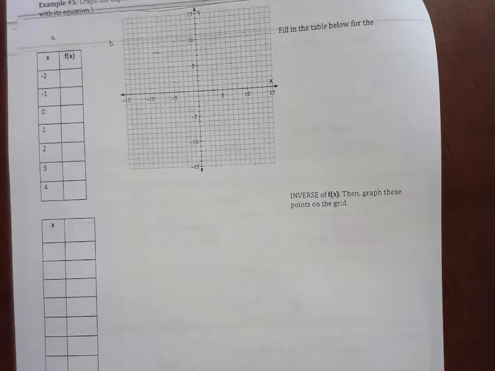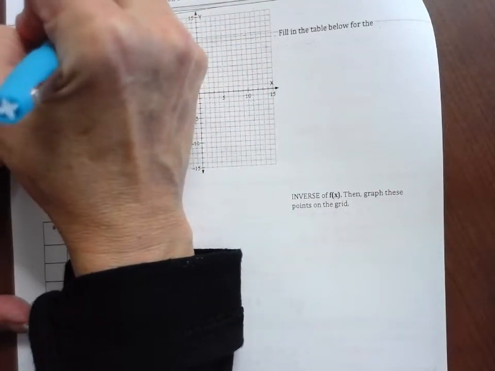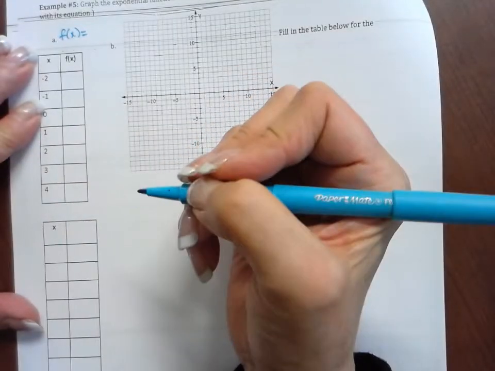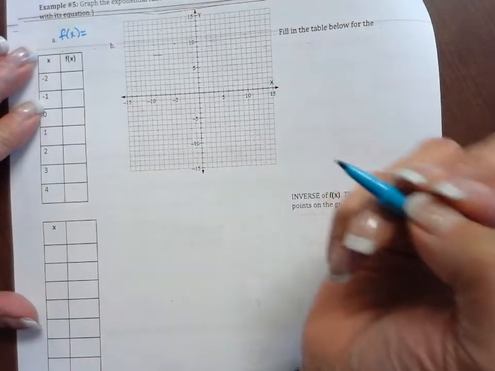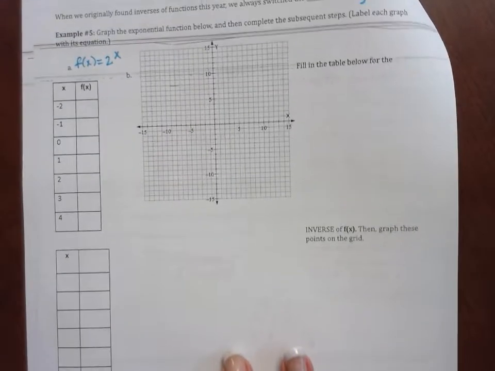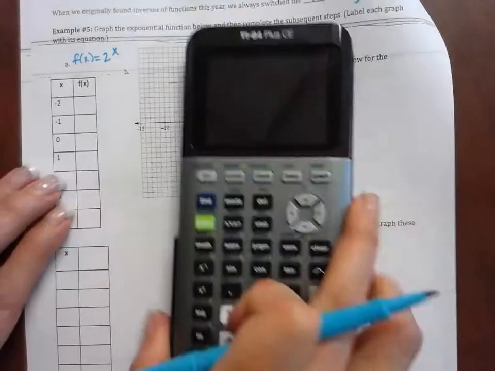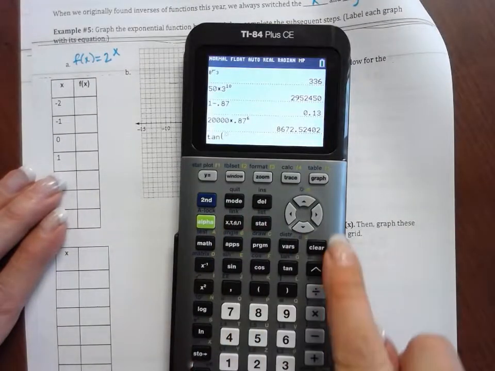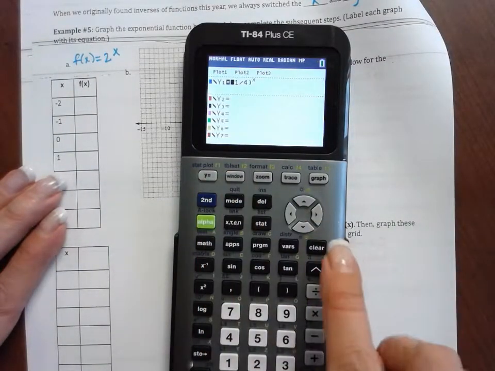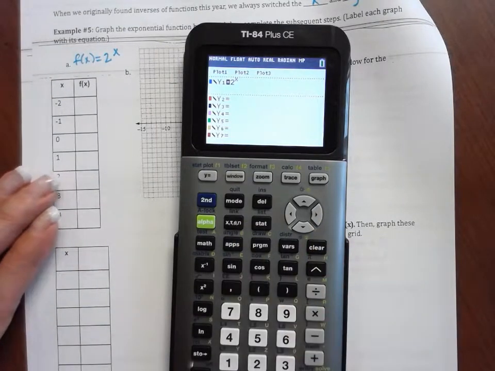We don't have a graph, or we don't have a function. Somebody give me an exponential function. F of x is equal to, give me a base. 2. Sure, that'll work. Okay, so to graph that, I went to my y, and I said 2 to the x,